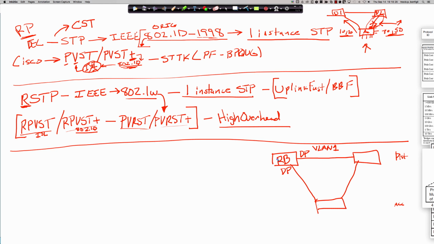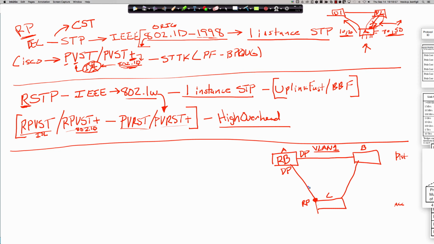So if this is the root bridge for all of the VLANs, and in our case just VLAN 1, then these are my designated ports. So then it becomes clear that, and we'll say that's switch A, and this is going to be switch B and switch C. And we're going to say that the switch name, just like in class, is the MAC address. It's all A's, it's all B's, it's all C's. So switch C, what would be the root port? Well, it's going to be this port here, because remember,